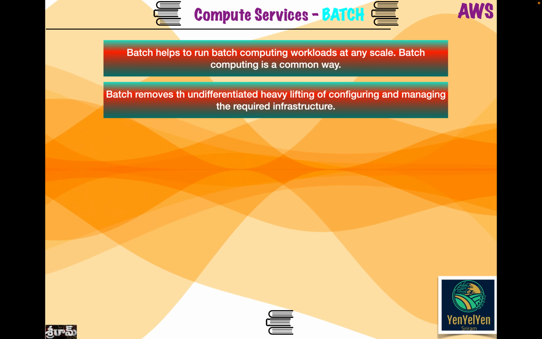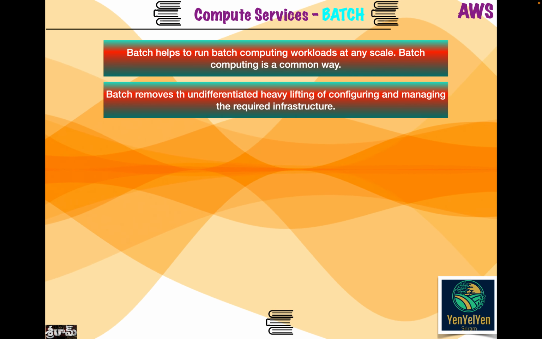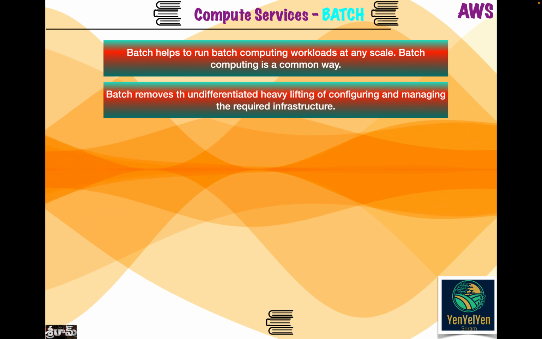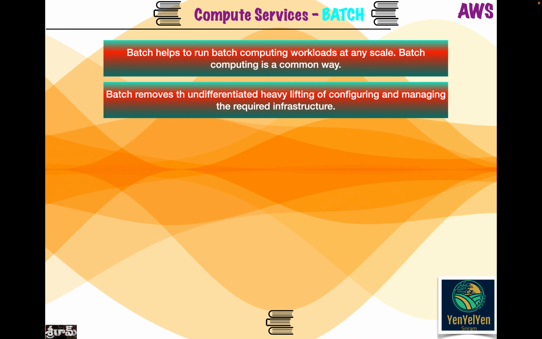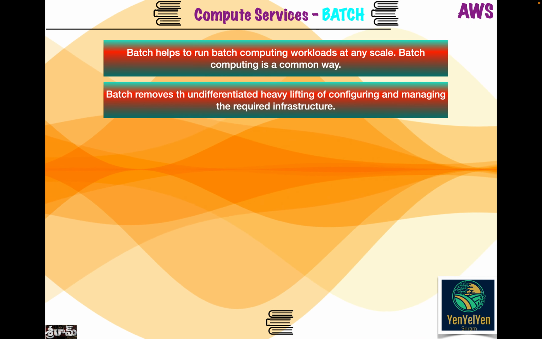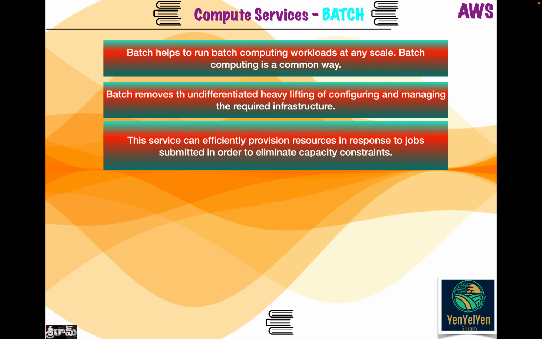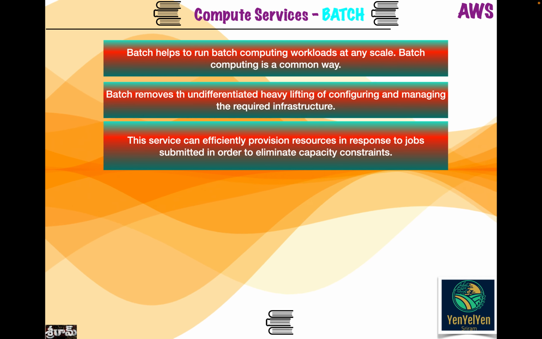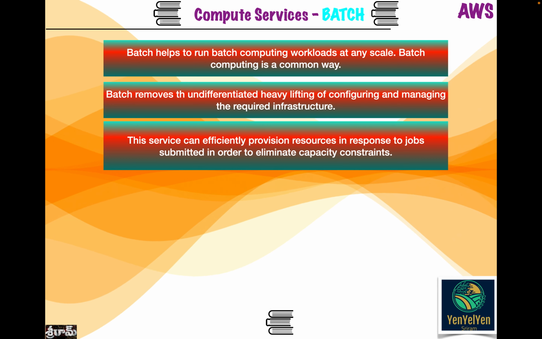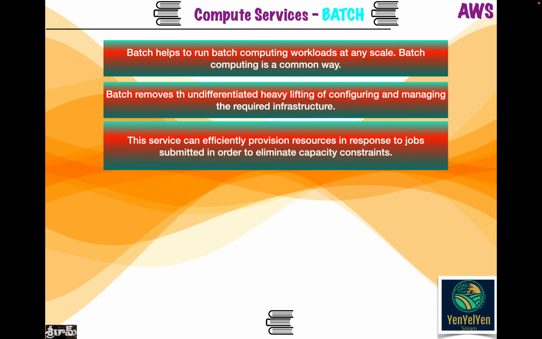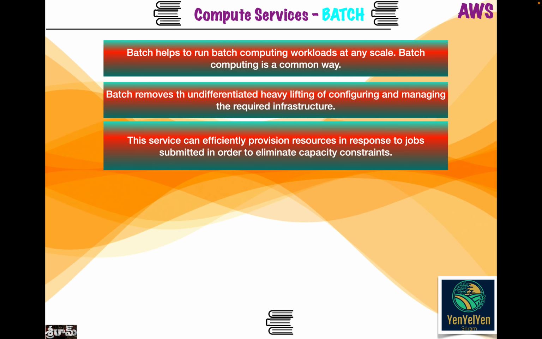AWS Batch removes the undifferentiated heavy lifting of configuring and managing the required infrastructure, similar to traditional batch computing software. This service can efficiently provision resources in response to jobs submitted in order to eliminate capacity constraints, reduce capacity costs,